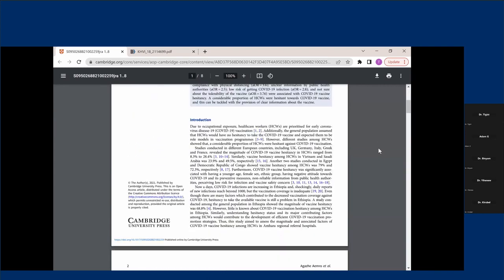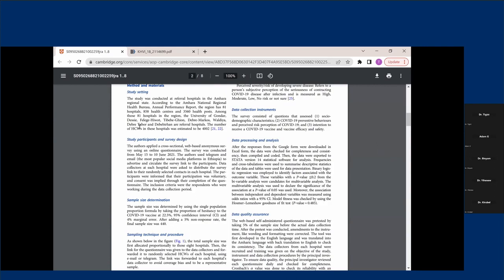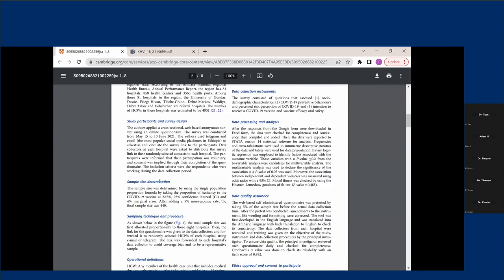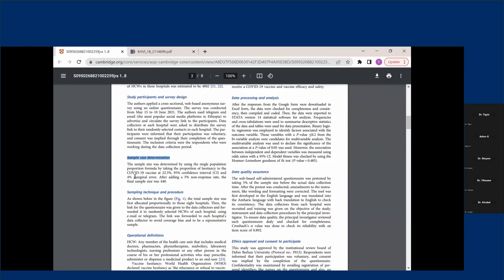From these studies, what we expect is that they use the proper study design. They have to use an appropriate or adequate sample size using the proper sample size calculation formula. As you can see, they have stated that they used this formula by taking these values, because it's very important